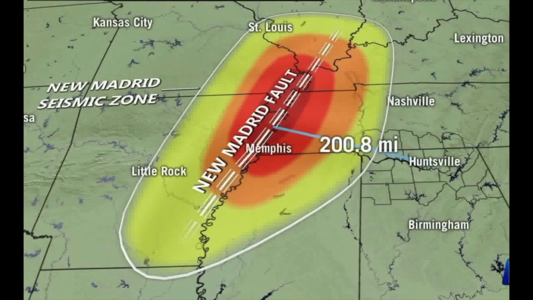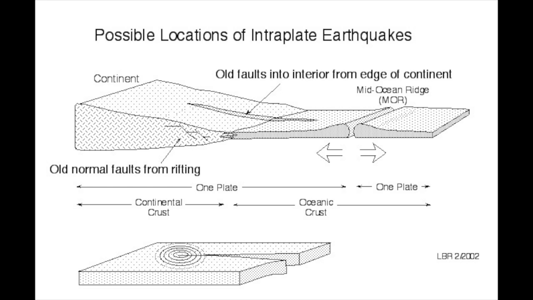The three earthquakes were labeled as intraplate earthquakes. Intraplate earthquakes occur within the tectonic plates, and although these earthquakes are rare, they can be extremely devastating. Since the tectonic plates are very deep within the Earth, there's not much data that can be obtained from them, and the exact cause of intraplate earthquakes is not absolutely known. One theory is that they are caused by fluids moving up the crust through ancient fault lines and